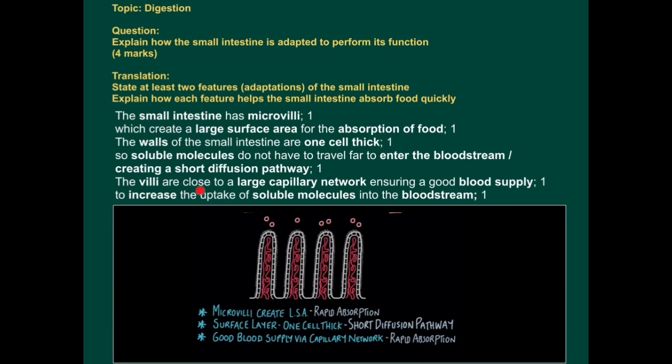For example, the villi are close to a large capillary network, in other words, a network of tiny blood vessels, you can see it's packed with these blood vessels. And that ensures a good blood supply to the small intestine. This increases the uptake of soluble molecules into the bloodstream,